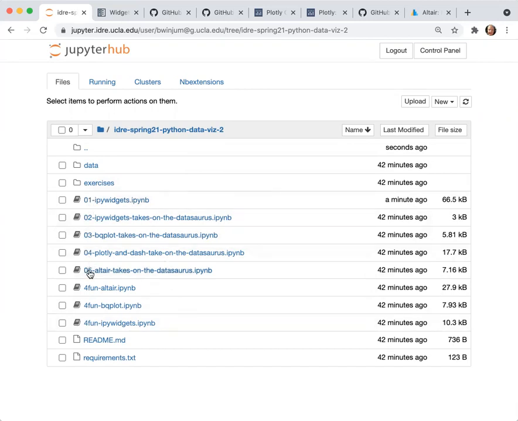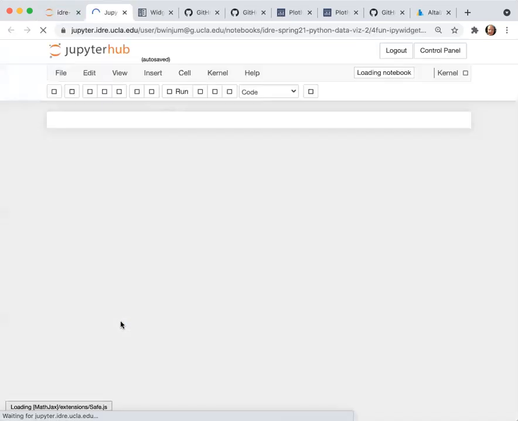The ones that are numbered starting with 0 are the ones that I hope to cover to some extent today. And then I've included other ones which are called for fun, which I definitely invite you to look over later. These allow you to explore things in a little more advanced way. I'll just show you quickly here the one for IPy widgets.